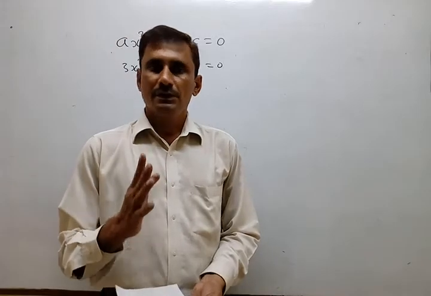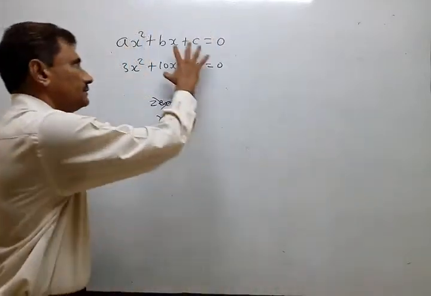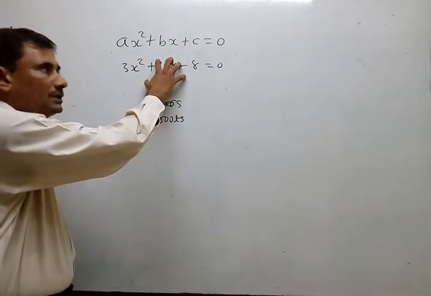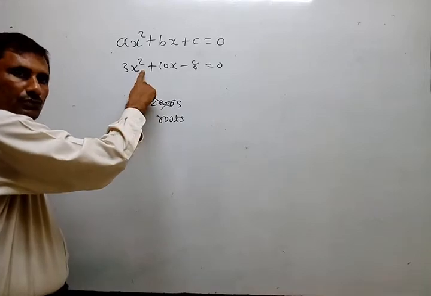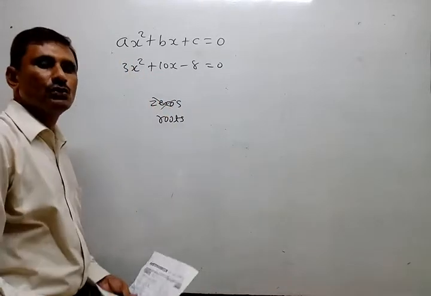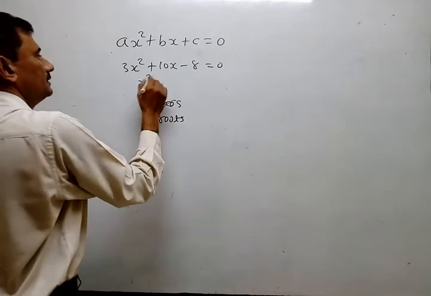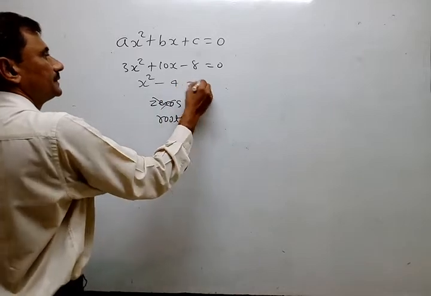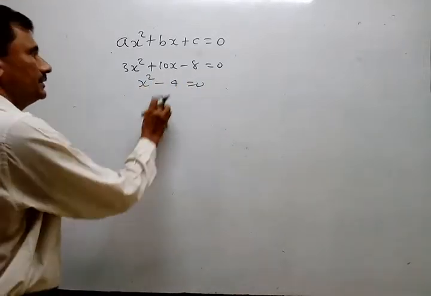Okay? But right now we are not talking about solution of quadratic equation. First of all, understand what is quadratic equation. So quadratic equation is this form. Degree should be 2. Okay? No, it is not necessary that terms are 3. Terms may be 2 also. This is also quadratic equation. x square minus 4. This is also quadratic equation. No problem. Okay? Because B is 0 here.